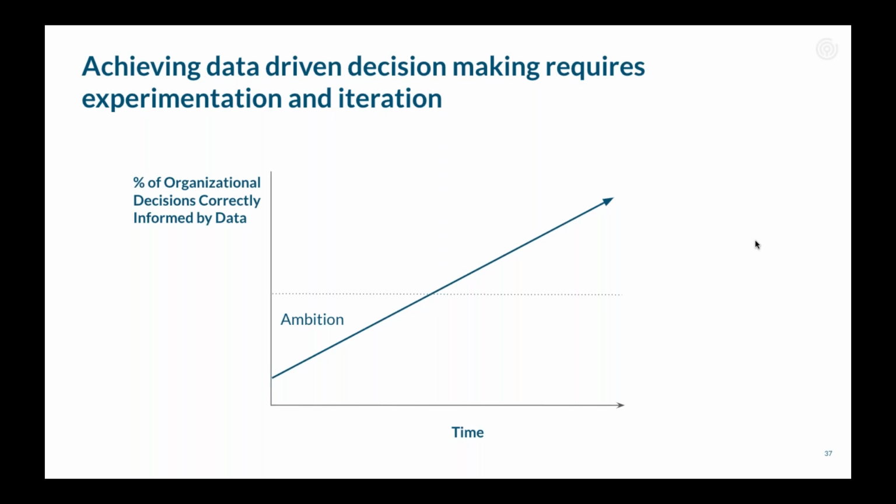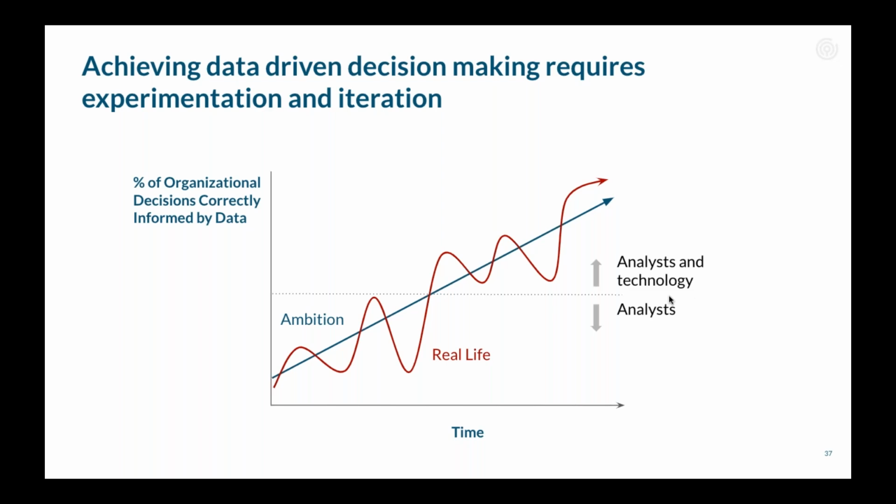That is a great goal, and that's a goal that we're here to help with. But in reality, it's going to look something more like this. Like I said, it requires experimentation and iteration. You can get started or continue to make progress with just the resources and people that you have now, but ultimately achieving a full state of data-driven decision-making, it will be important to have technology to help facilitate your decision-making. It is an important note, however, that technology alone is not a solution.